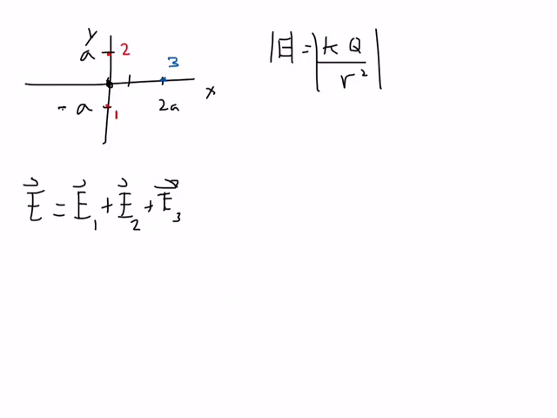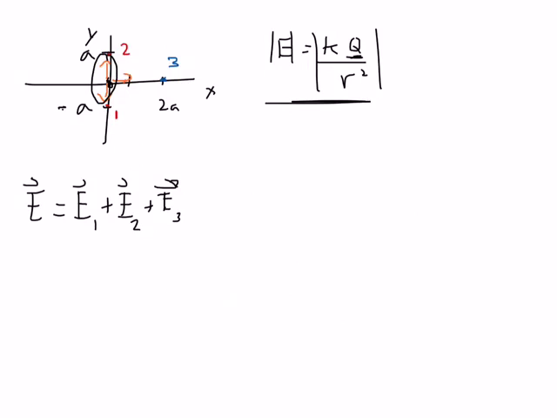So all these charges are negative, so the fields are going to point towards the charges. So for charge 1, the field is going to point that way. For charge 2, it's going to point that way, and for charge 3, it's going to point that way. I haven't tried to draw the magnitudes a whole lot, but I've drawn the directions correctly. And you should notice something very, very quickly, given this calculation and the arrows for fields 1 and 2. Charges 1 and 2 are the same q,